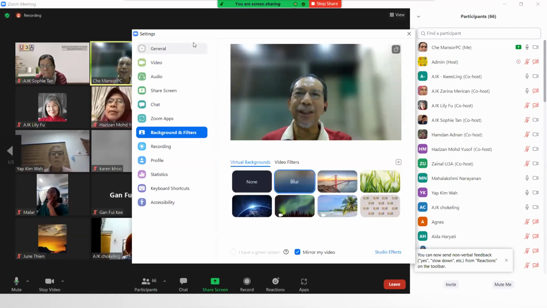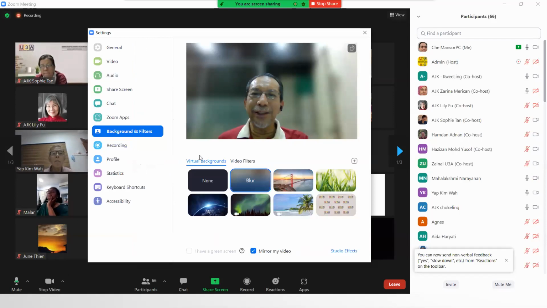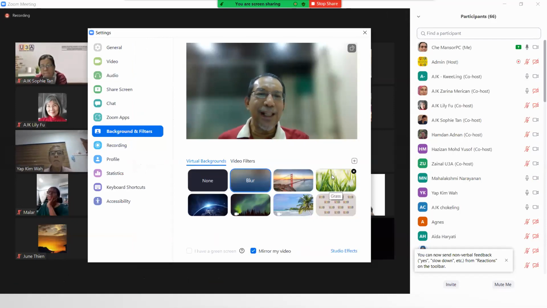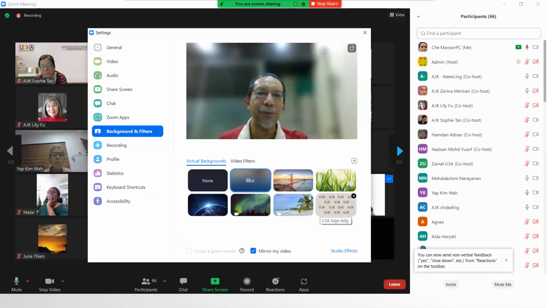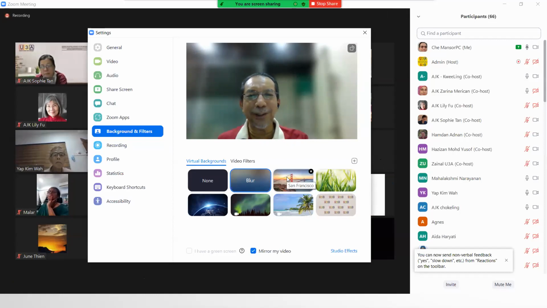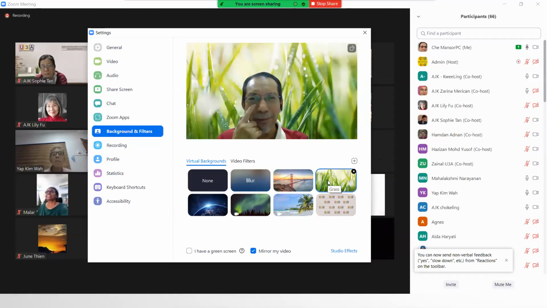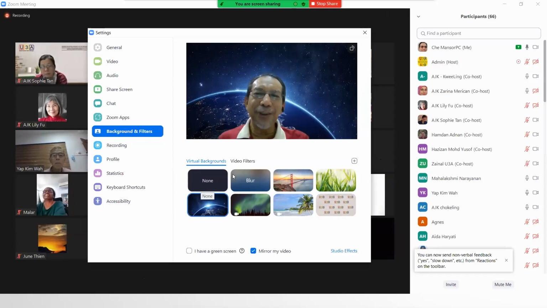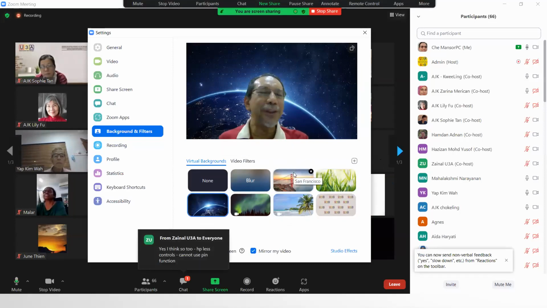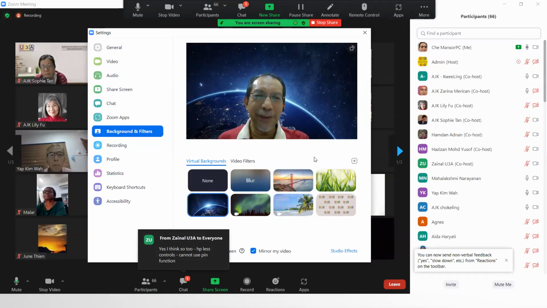Then it gives a screen. Now notice this virtual background. There are standards that come with Zoom, so everybody will have this. None, blur, or San Francisco. If I click San Francisco, now I'm in San Francisco. If I click grass, I'm somewhere in the middle of a field or earth. So notice that these are options. Now you can choose or add additional